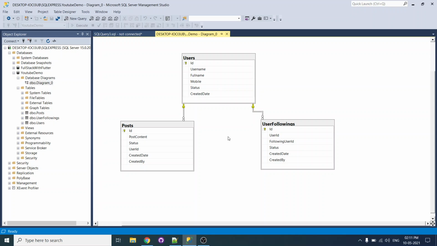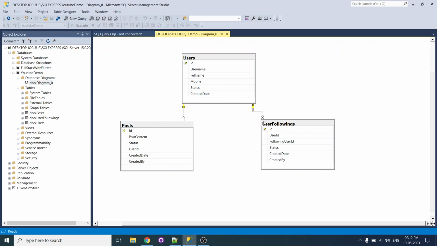So let's see here. What I have created is three tables. One is the user table, which contains the user data, and the post table, which contains the post content and the status, whether it is active or not, and the user who created the post.